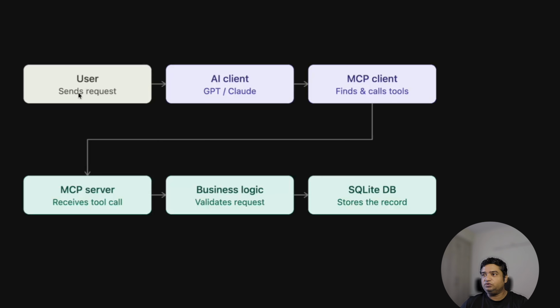So the overall architecture is like this: the user will submit the request to the AI client. In my case, for the AI client we are going to use the LLM here, and then there will be an MCP client which will take the request. It will call the tools, or it will have the list of all the tools. Then there is an MCP server which has all the tool definitions, and there will be one layer called the business logic layer where all the SQL-related logic will be written. So we call it business logic. And finally, the request goes to the SQL DB. All the user requests, for example, insert the record, will be performed here,